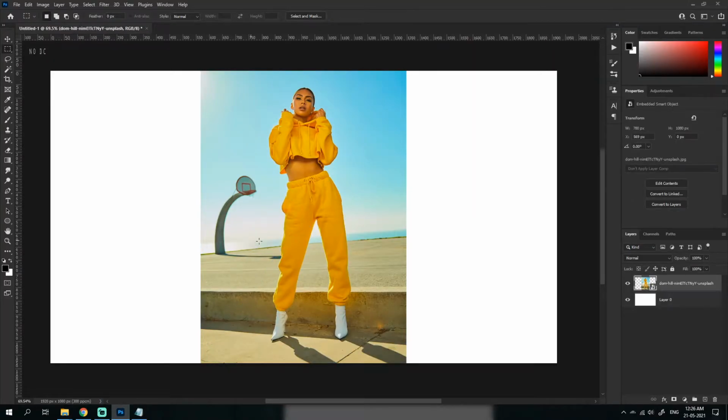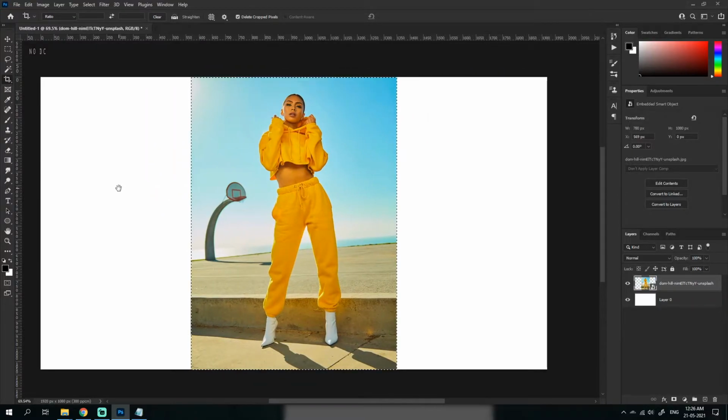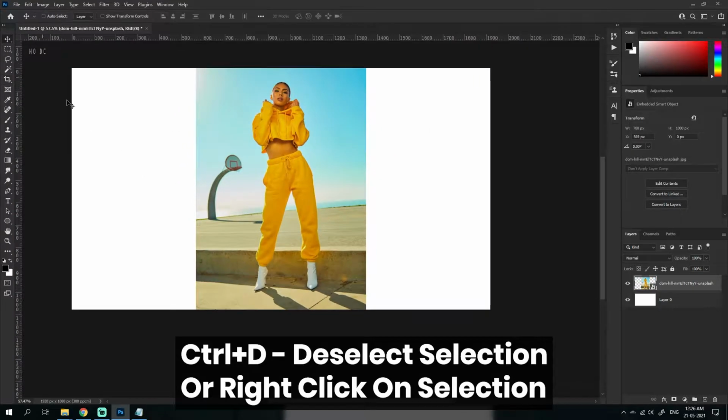You could see this. And if you want to make this the same size, you could do this Control selection, or just go to Select, Load Selection, but I'll do the Control selection here by holding left Control and clicking here, and then you could click on the crop tool and just press Enter. But I think it looks good like this.